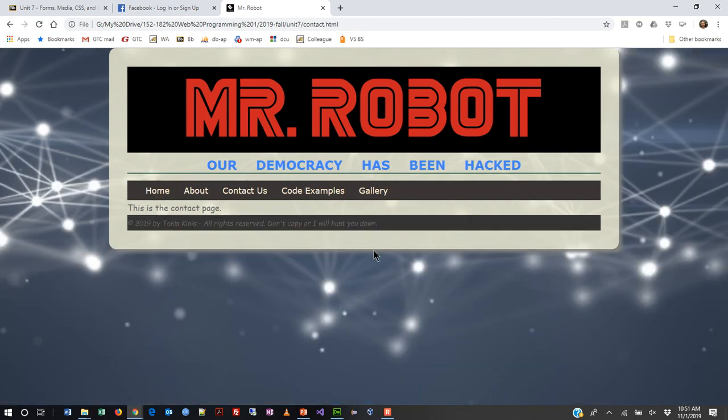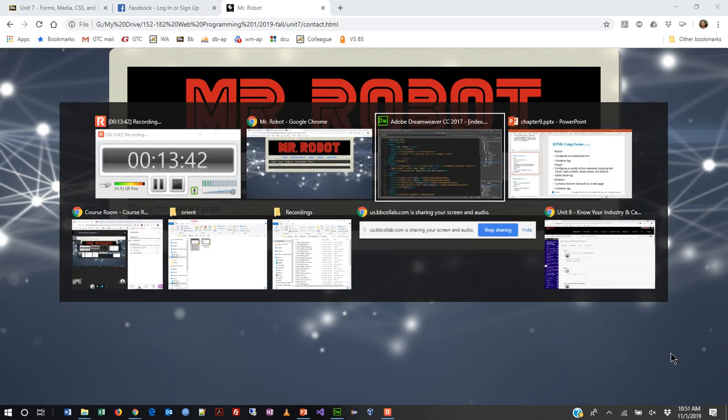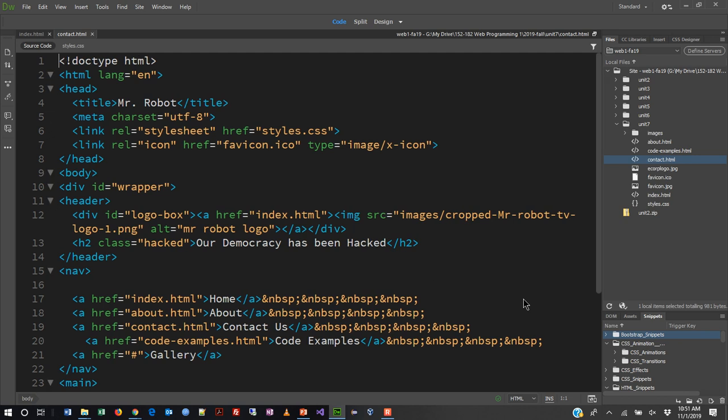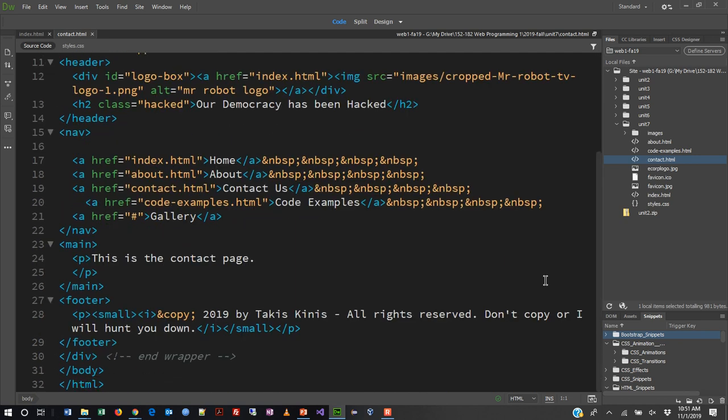But in terms of a form, I think a real logical place for me, at least, to put a form is going to be on my contact page. So this is the page where I'm going to do my coding, and that's the reason I'm poking around here, just to confirm that the contact page is going to be a good place to work. So I have the contact page up on my screen, and you guys can see that I've created